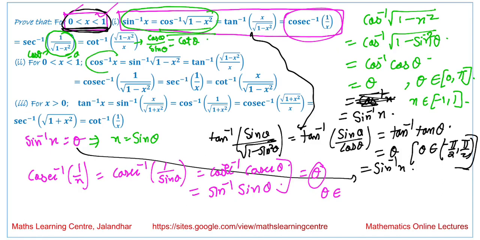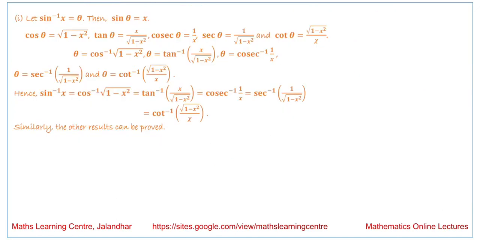In the next part, it is cos inverse of x, so we assume cos inverse of x is theta, and we can obtain the answer in all these cases by substituting the values over here. In the last part, it is tan inverse of x, so if we substitute tan inverse x is equal to theta, this term will become sine theta, this will become cos theta, this will become cosecant theta, this will become secant theta, and this will become cot theta, and we can obtain the answer. So this first part is solved over here, and the rest of the parts you can try on your own, to see how we obtain these answers.